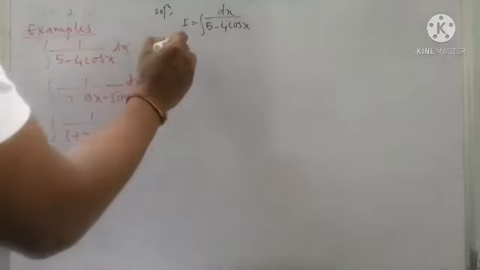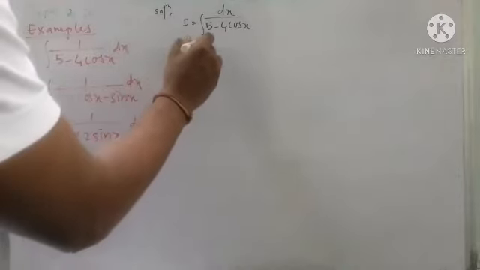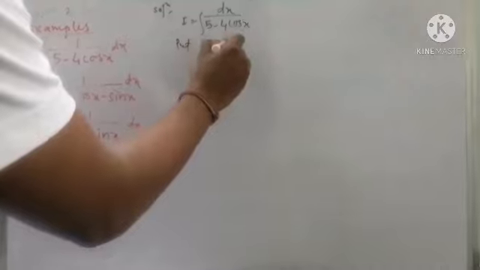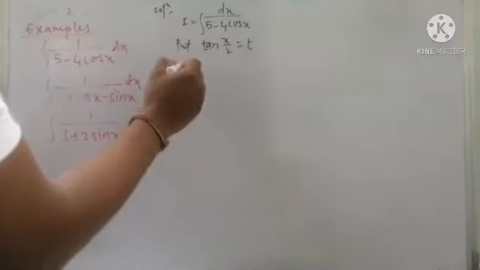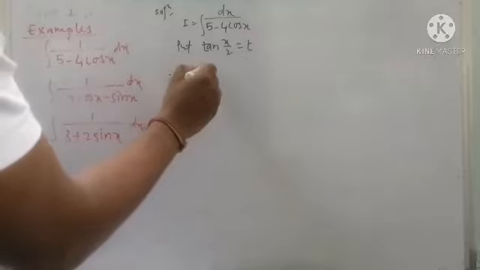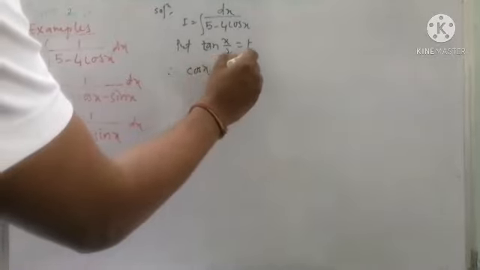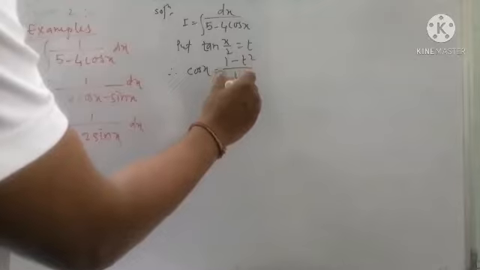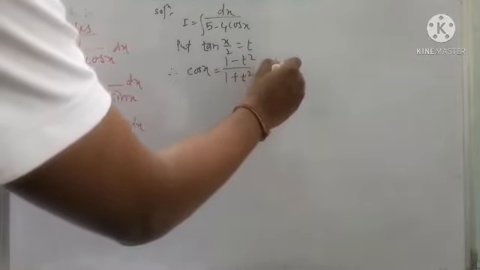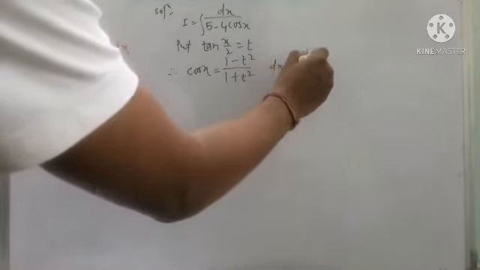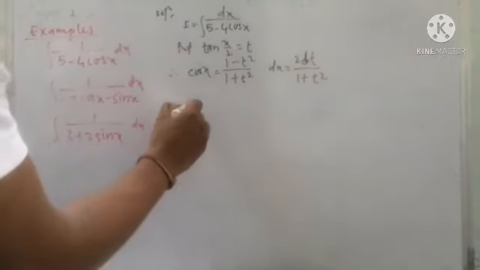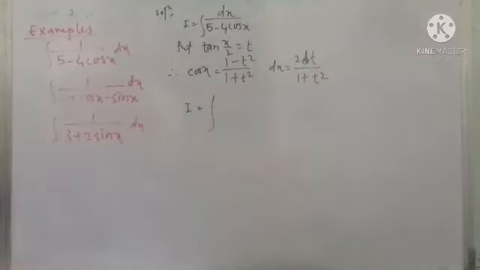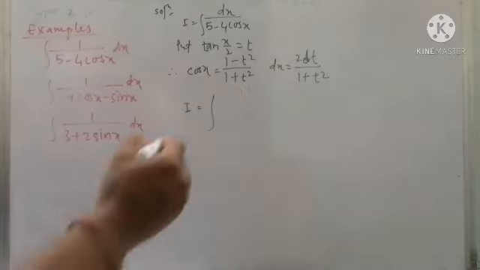Okay, now we have the standard substitution tan(x/2) = t, and therefore we require cos x in terms of t, which is (1 - t²)/(1 + t²), and dx, which is 2 dt/(1 + t²). So this integral will become I = integration of, we have to put dx in the numerator, which is